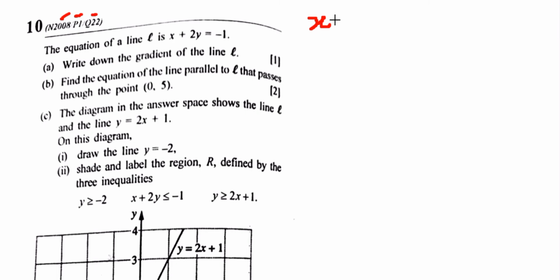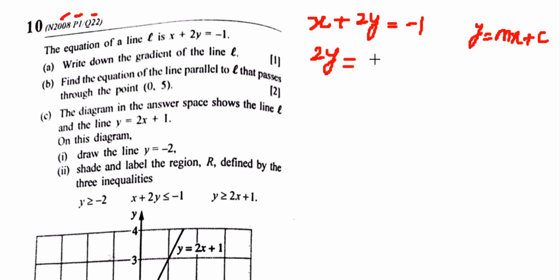My line is x plus 2y is equal to -1. I need to find the gradient of the line. Firstly, I convert this into the form y is equal to mx plus c, slope-gradient intercept form. This can be written as 2y is equal to -x minus 1. By dividing by 2 on both sides, we have y is equal to minus half x minus 1/2. So the gradient is